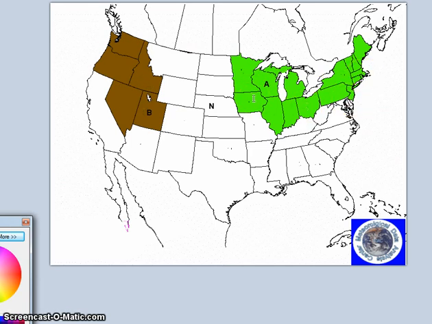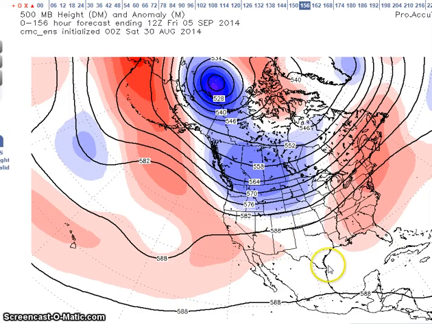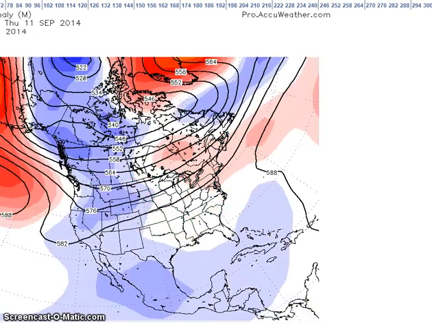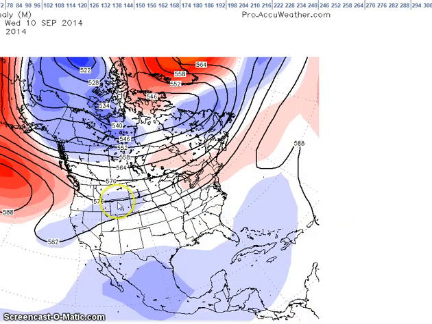Next now is for the period September 10th to the 14th. Here we are at September 10th, still a relatively flat flow across the U.S. We still have our area of negative height anomalies here, and our area of above normal height anomalies from Russia to off the west coast of Canada. We still have weak positive height anomalies across the east.